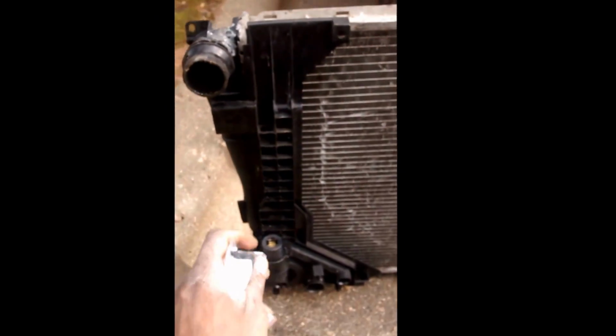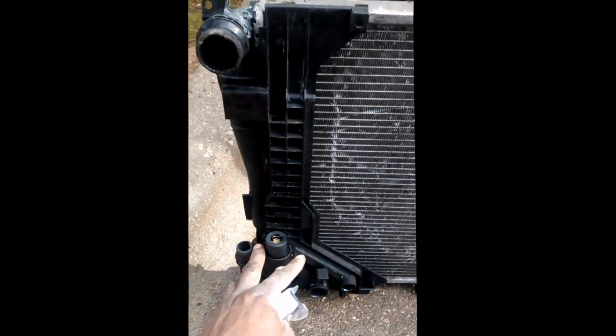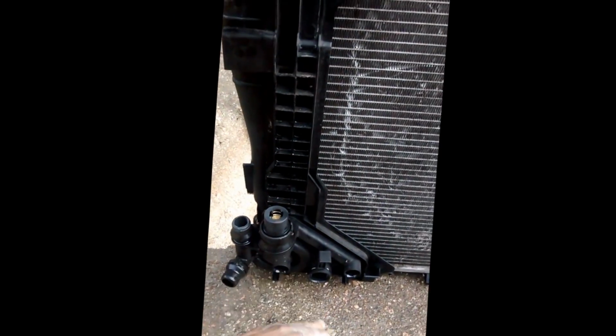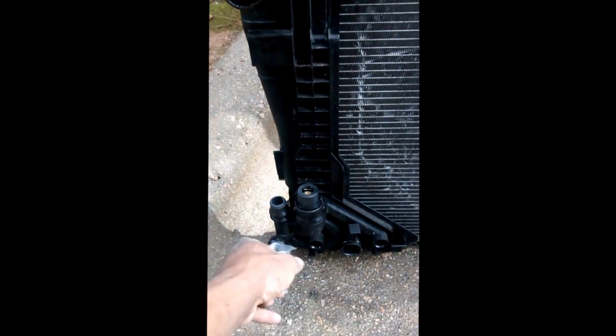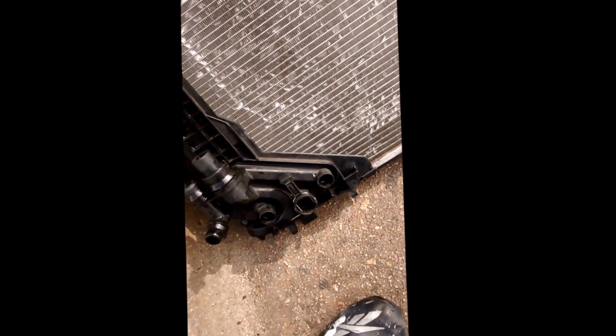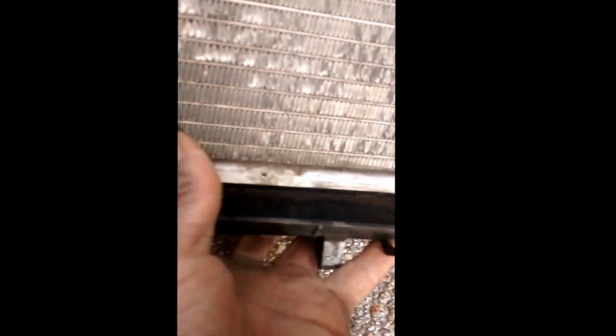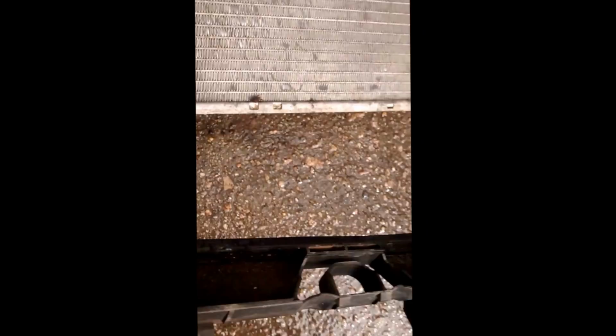You're gonna have to move this expansion tank housing. You're gonna move all of that, this plastic piece, the oil cooler, everything. All that's gonna have to move over to that new radiator. I don't know exactly how to take it off, so I'll be figuring that out. This right here, you unclip the bottom of the radiator and clip this. It's like 3 of them, and you unclip them all. That should come right out,